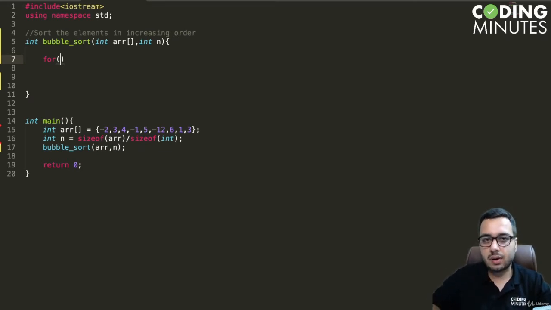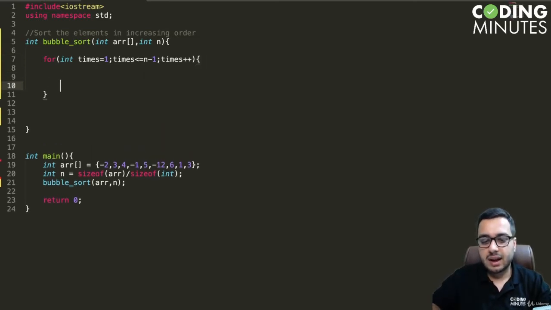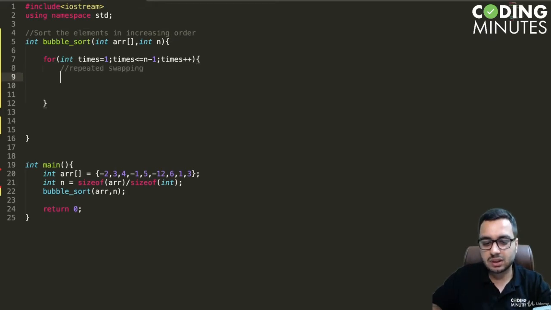So we can say for int times equal to 1, times less than or equal to n minus 1, times plus plus. Every time, we need to do repeated swapping and push the element in the right direction. So do repeated swapping. For that, we said we will take a variable j that goes from 0, and for the first iteration, what it is going to do,